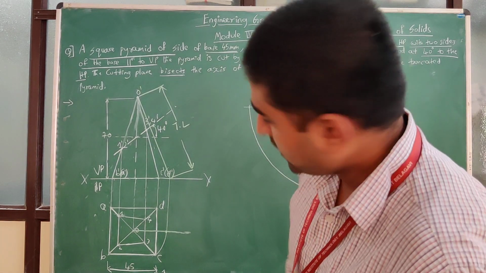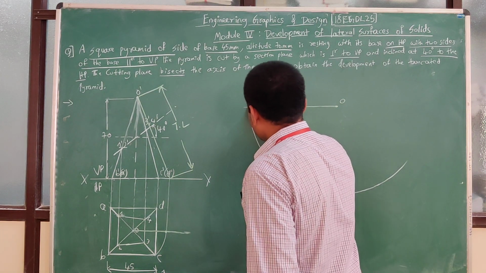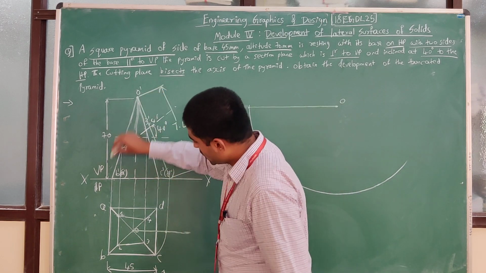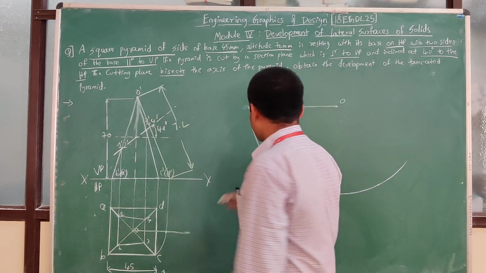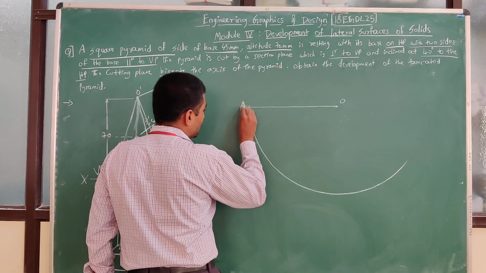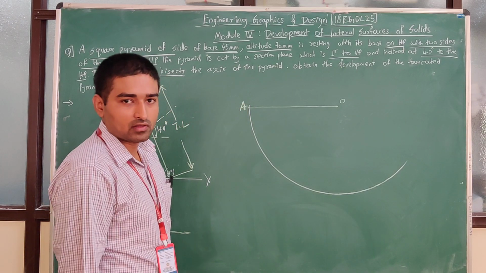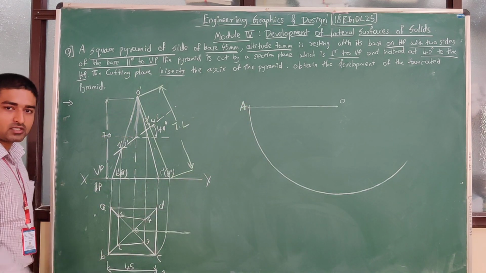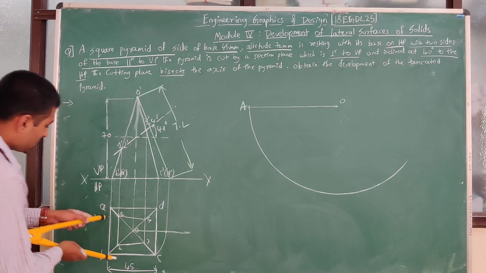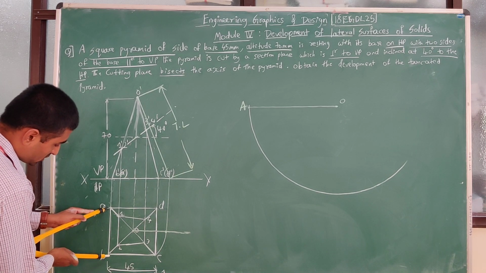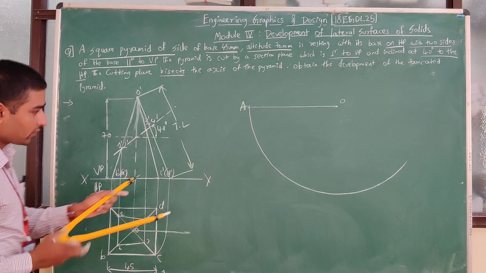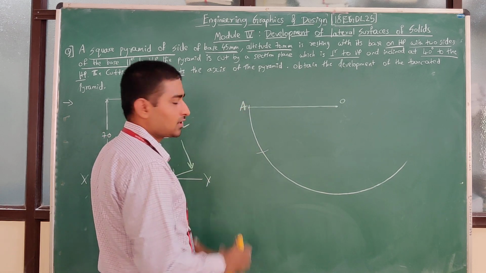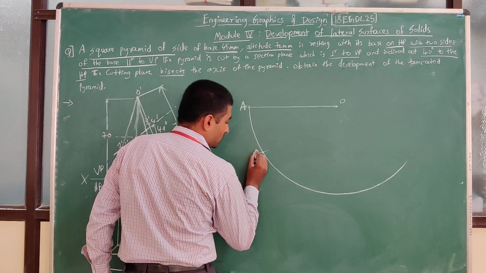Now what is the next thing? Since I have got this point, which point am I going to name this one? Let us name this one as O to A. Let us go step by step. Since in development we name the points with capital letters, let us name it A. Now what is the distance from A to B? It is 45 mm. Whatever length we have taken here, you can measure with this, or you can go with the scale also. But the rounder will help you a lot, and then you cut an arc here. So this point is B.